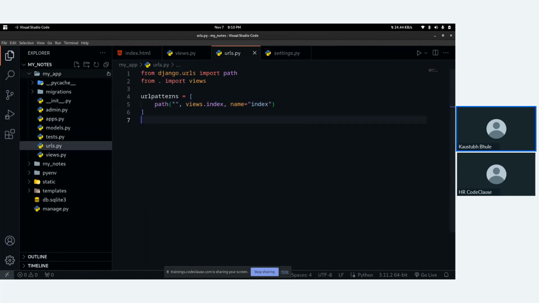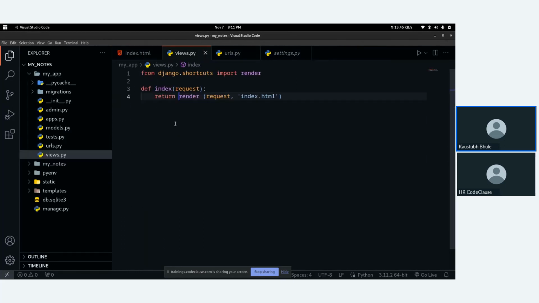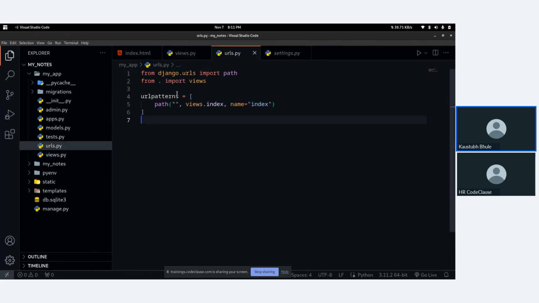Okay, so in views, let's rename our index function to add note. And in URLs, let's rename it to add underscore note. Fine.